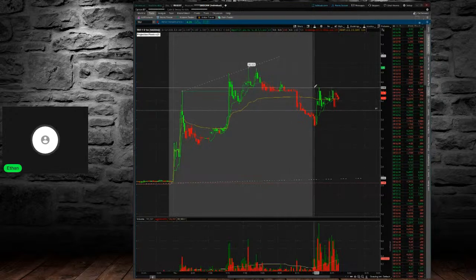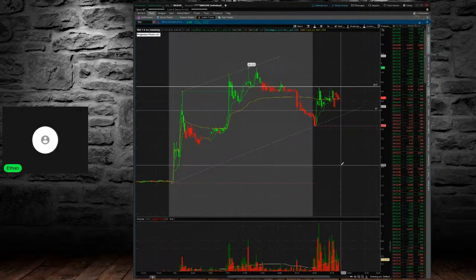Obviously the next level I'd be watching for this to go is like we hit right off $4.50, so it's just consolidating. It could go higher. I'm surprised it didn't really make that crazy of a move since the open, but